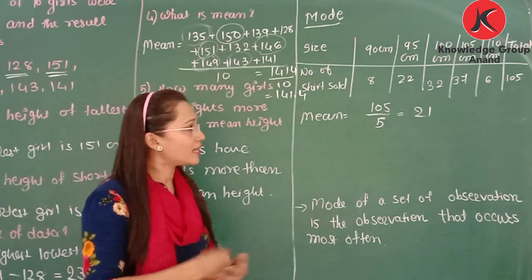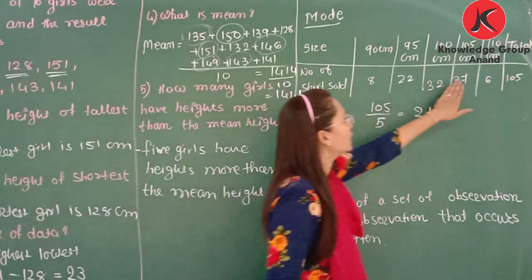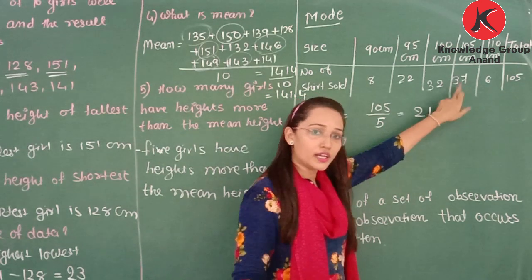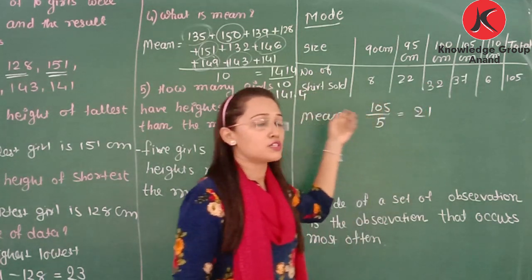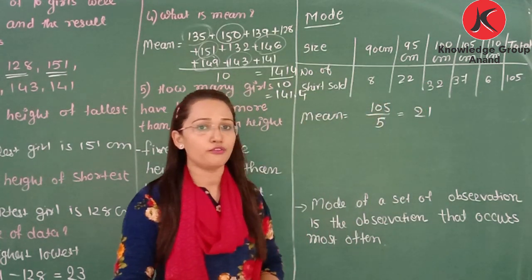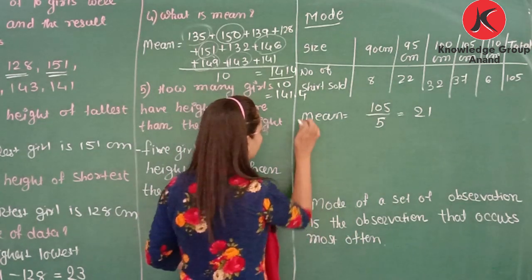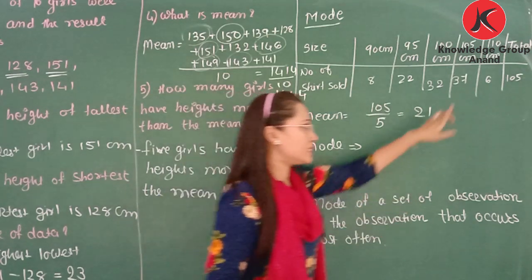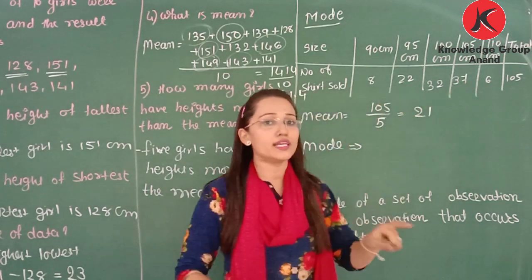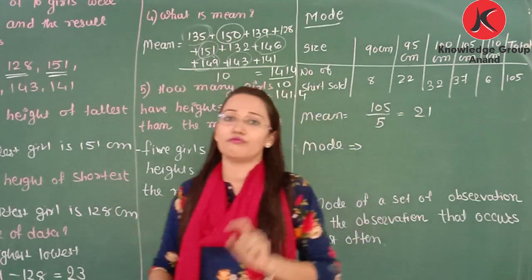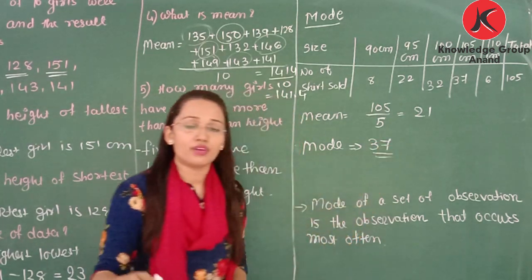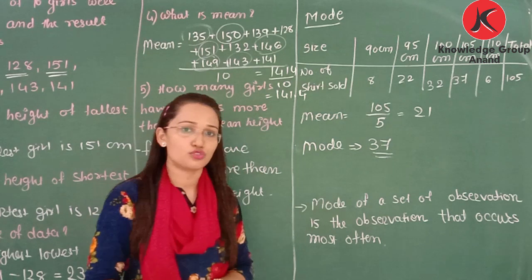So here you can see 105 cm shirt sold maximum. So here it means the number of frequency. Here we need to find the frequency of sold. So that is called mode. If we find the mode, then it is 37. Means 37 shirts need to be bought. Means 37 shirts for each size need to be bought.